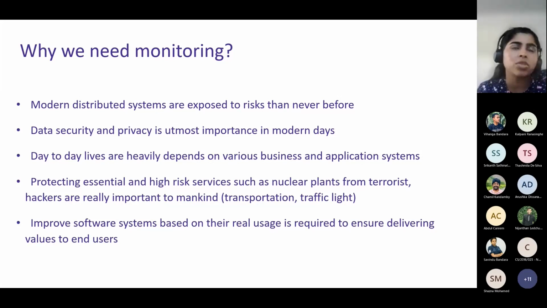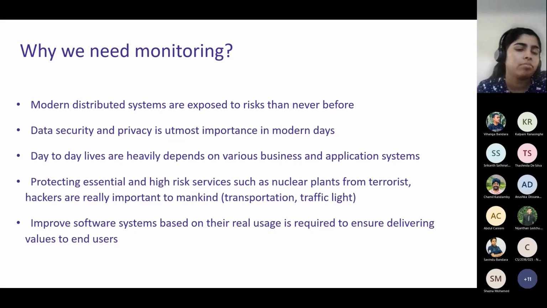And when it comes to data security and privacy, data is considered the most valuable asset for a company. This data can be a new product idea, or some client details. This type of data is always valuable for a company. So we need to make sure of higher security for this type of data. We can use monitoring to fulfill these security needs.